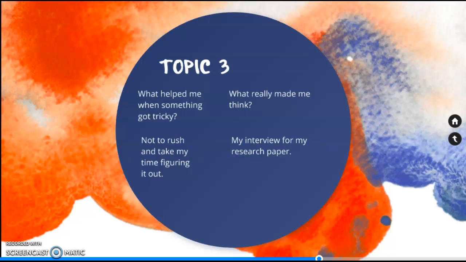What helped me when something got tricky, when trying to self-teach many tools on my own, was to learn not to rush and to take my time figuring things out. I would quickly try to rush through something and would have to start over completely because I was doing it incorrectly. So, as the course went on, I slowly learned the tool before I would start